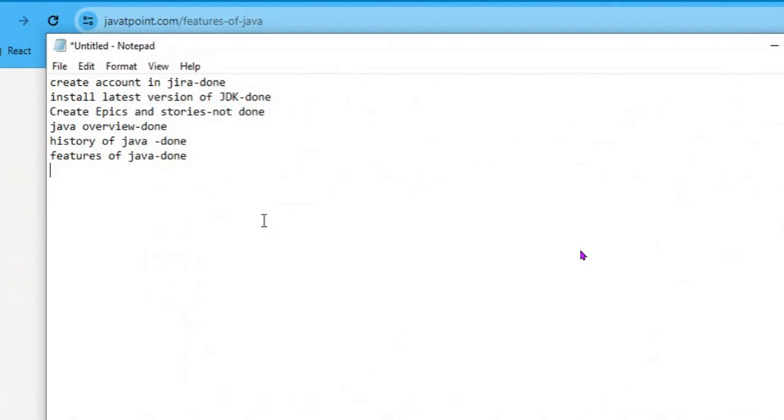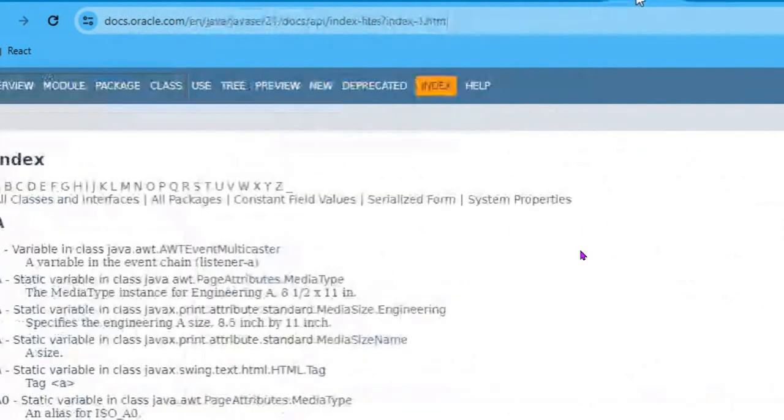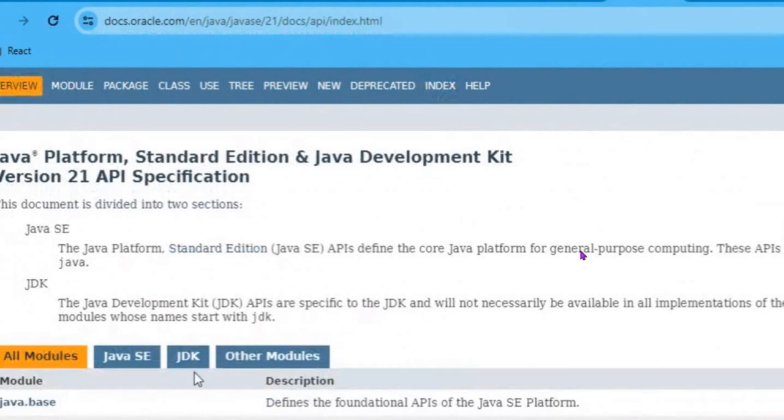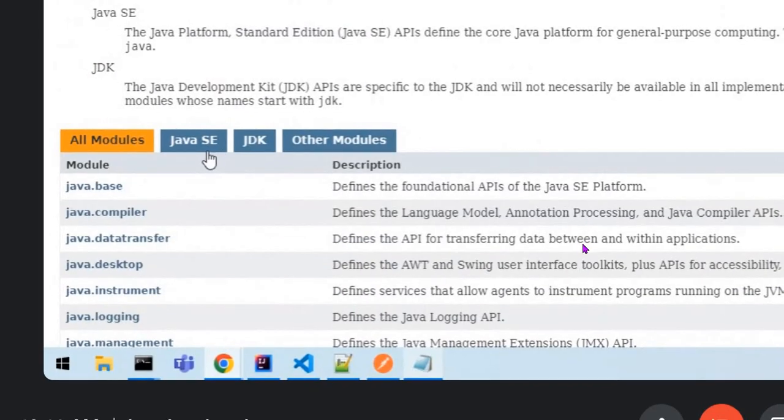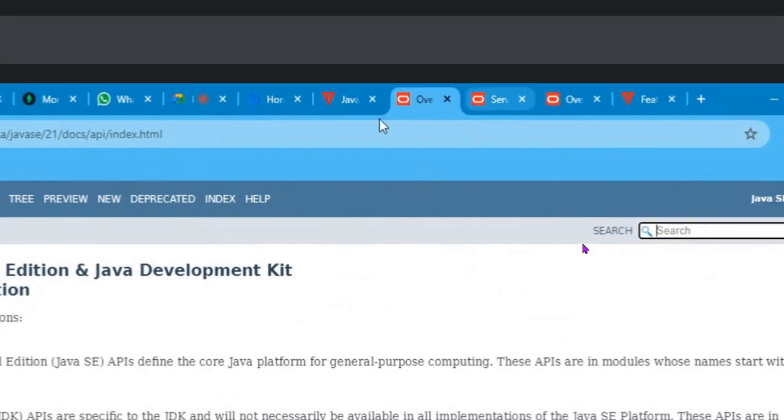one thing I showed you, the documentation for J2SE and J2EE, right? Yeah. So figure out 10 important packages in J2SE and 10 important packages in J2EE, and what the classes are. Just explore them. Okay, sir. This one, right? J2SE means Java SE, Standard Edition. No, you open the other two tabs. That will be easy to understand.